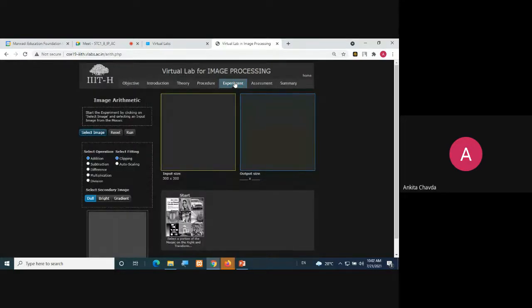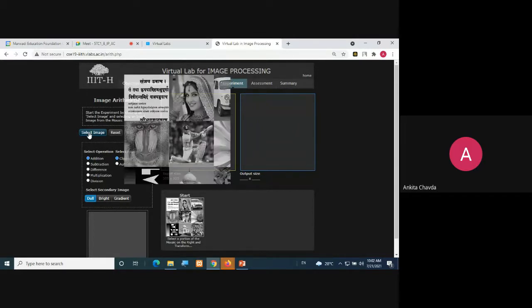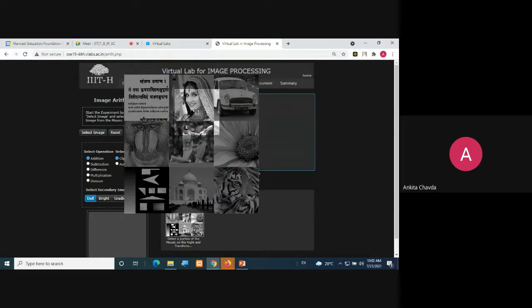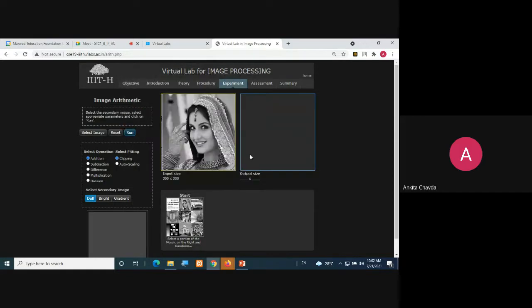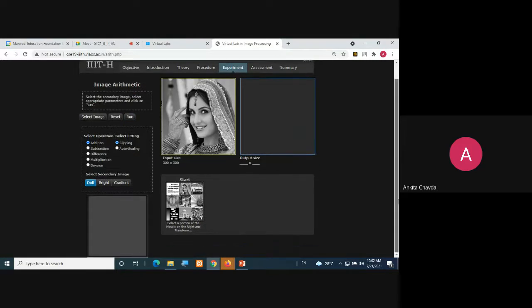See, this is what we have in image arithmetic. Now we are selecting one image. This is maybe your favorite image, so let's keep this. Now you are doing addition with your secondary image. You can check here: one of the images is the dull image, which has some dark gray pixels.